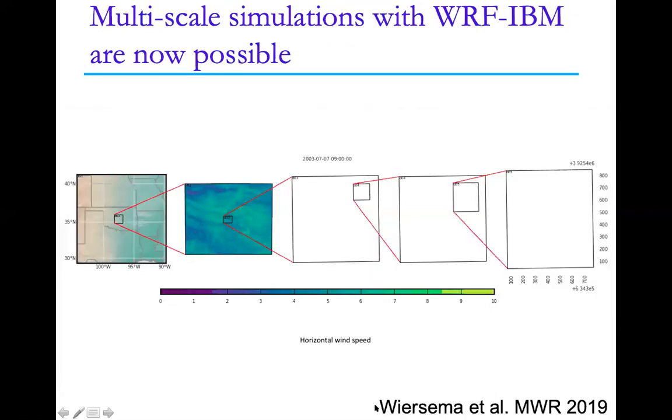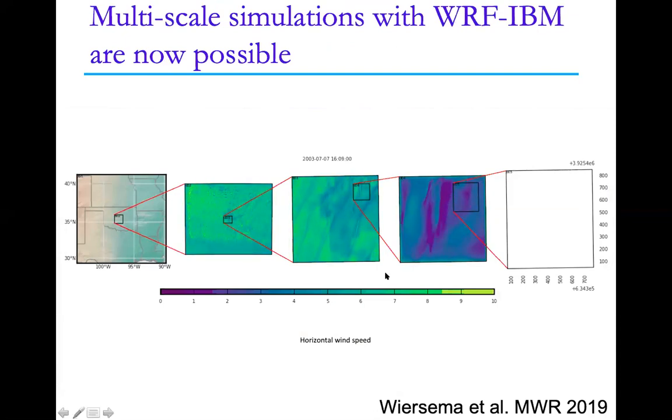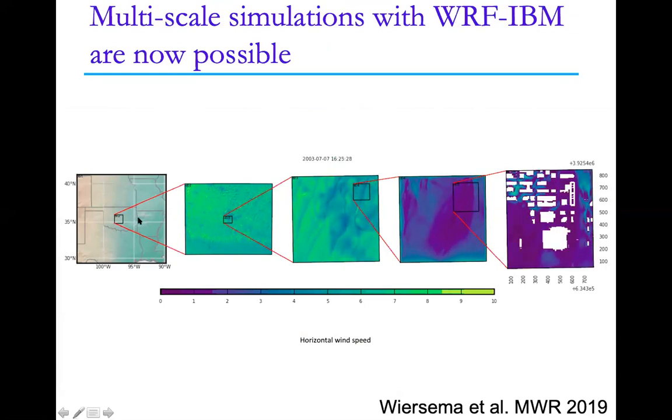So what we've been working on for a long time is to make multi-scale simulations possible with WRF IBM. And the idea is, just like we had at the beginning, this image of a nested setup where you're going from the mesoscale down to the microscale. This is for flow around Oklahoma City. And the finest grid here is 2-meter resolution. So there's an immersed boundary method being used at this finest resolution, and it's being fed by the larger scale simulations on the coarser grids. And this process required a lot of work to get the different coordinate systems to talk to each other appropriately.